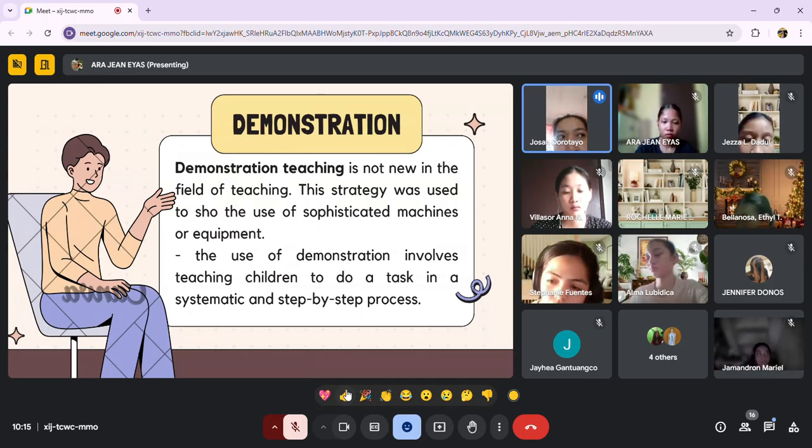So when we do demonstration teaching, it does not just undergo a short period of time. It undergoes a series of processes in order to accurately provide the lessons that the children need to grasp.